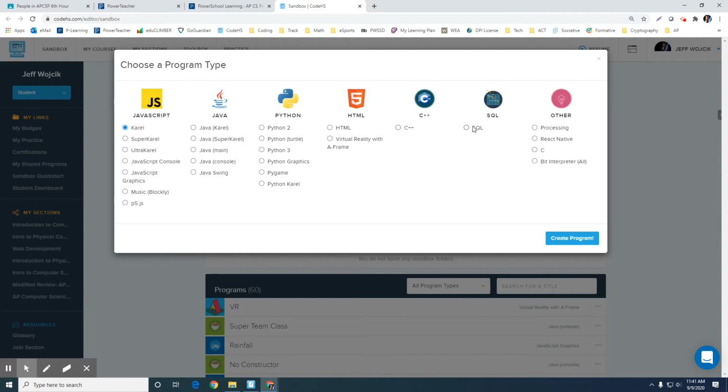Look into C++ or SQL or React Native or Pygame or A-Frame, HTML, and just teach yourself something new. I hope that you're in this class because you enjoy computer science and you want to learn more about it. And the biggest thing to help you with that is just to mess around, to play, to explore things on your own. So I really encourage you to do that so you're not just completing the task and then you just shut down